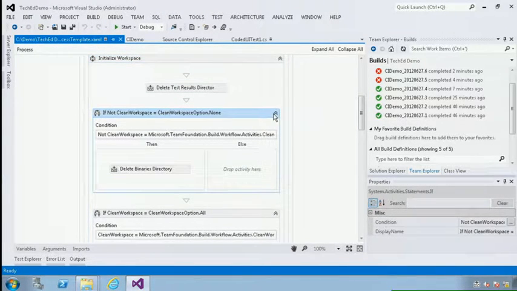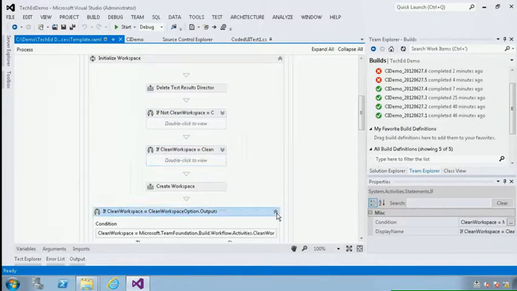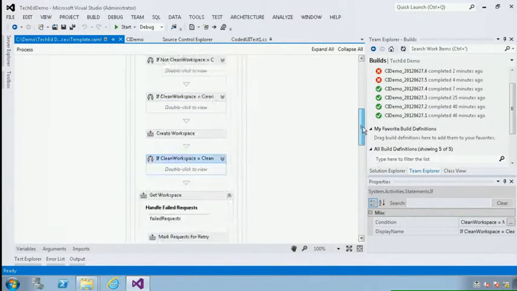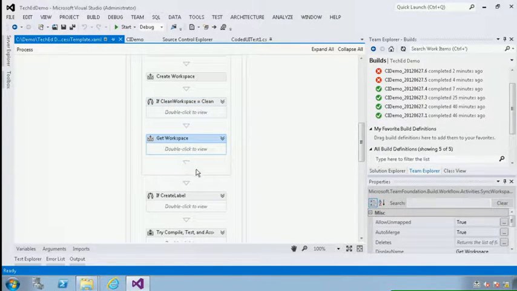Let me clean this up a bit. Create workspace, get clean workspace, right here. Get workspace. So after get workspace, this is what I'll do, because this will give us the stuff that we need. The get workspace is basically the activity that goes and does the get latest from source control and puts it somewhere. And that's kind of where we want to start messing with things, right, at that point before it gets